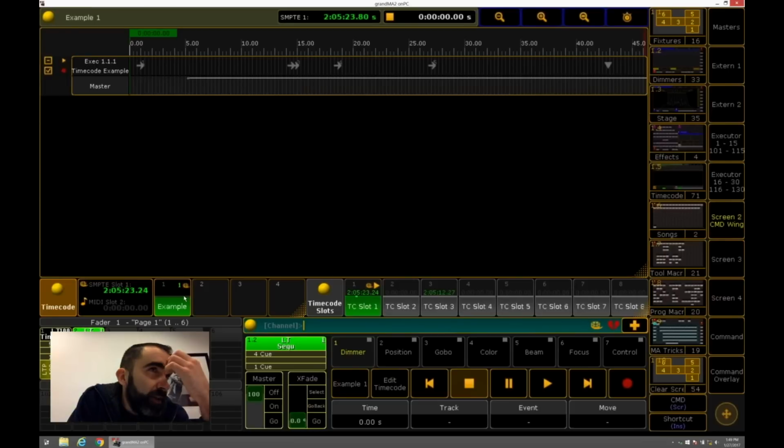Did any questions happen to pop up before I jump into the next thing? You noticed anything about slots? So what I was saying here? Yeah, what happens if two consoles have their ports set to the same slot and the signals aren't synced? Well, this is the beauty of the system. That's actually what you should do in a main and backup situation. Both desks should be set to the same timecode slot, and you should send the same timecode feed to both desks. I bet you can guess why.